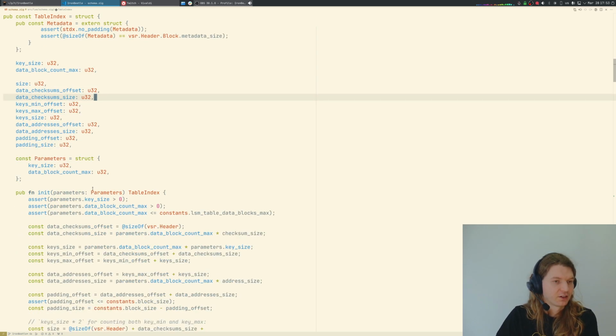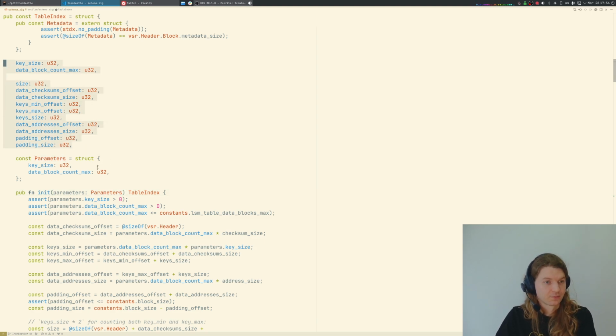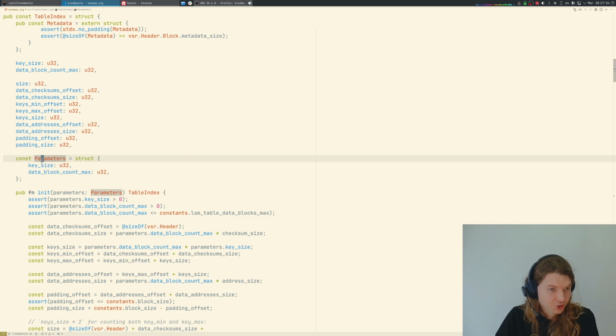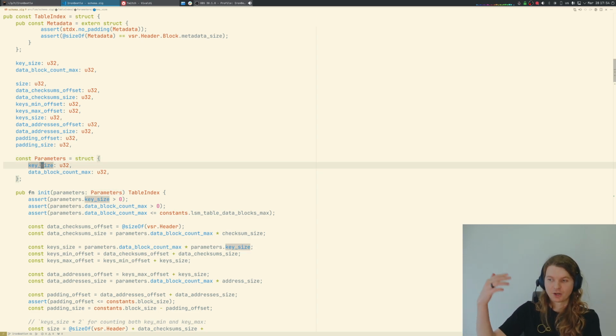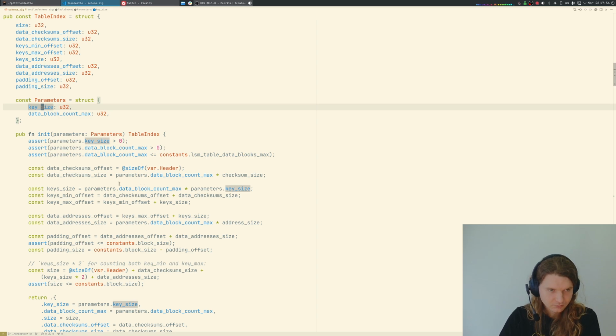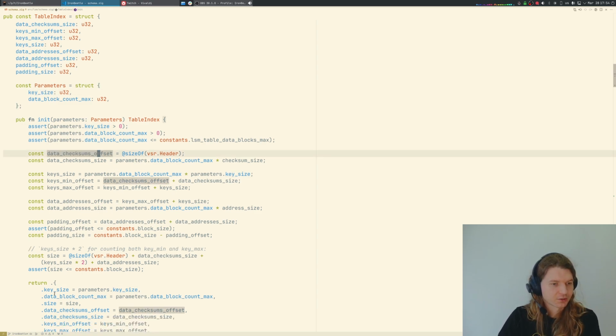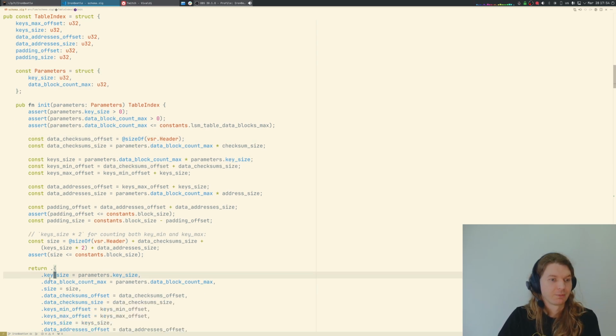And yeah, so let's take a look at how we compute all those things. There are just two parameters here: the size of the key and the maximum number of data blocks we store in a single table. And then we just start meticulously filling out every parameter. So key size is just key size. Block count max is just block count max. Okay, the size is going to be